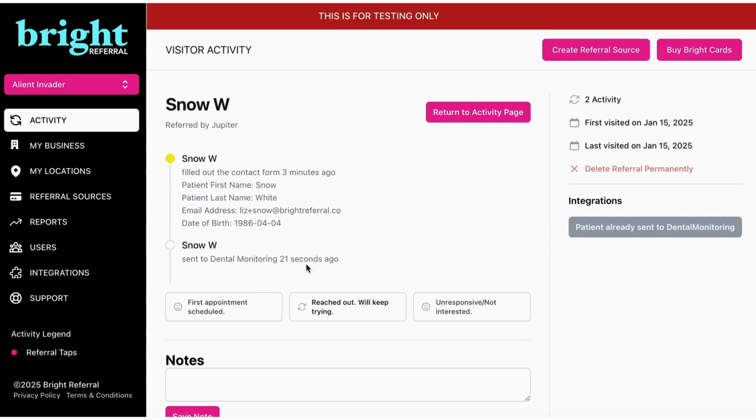And this will continue to update in a timestamp so that you know that they were sent, and it will not allow you to send it more than once. So you're not going to be getting duplicates. Sometimes, because dental monitoring does such a great job of tracking, it will tell you if a patient's information is already in dental monitoring. So if someone was referred and maybe